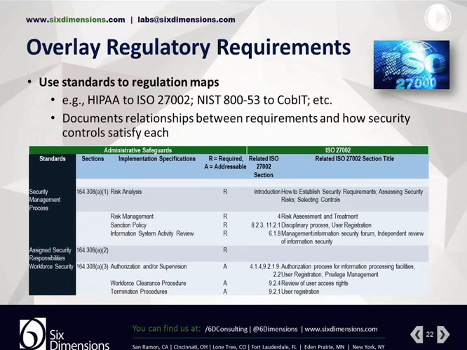Let's talk about overlaying regulatory requirements, and here's an example of one. Here we see that we have administrative safeguards associated with HIPAA on the left side of this particular table. And then on the right side, we have ISO 27002. And this is actually a mapping that I did several years ago. And what you do is you break down each of these documents into single requirements.